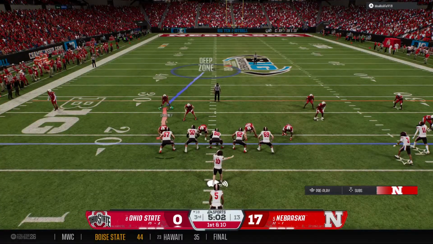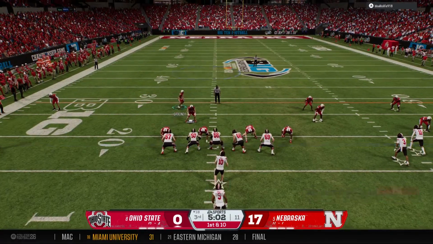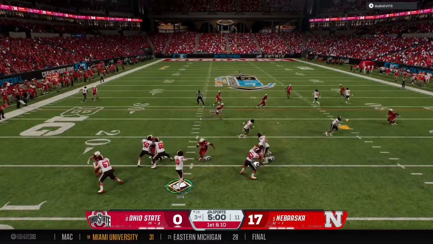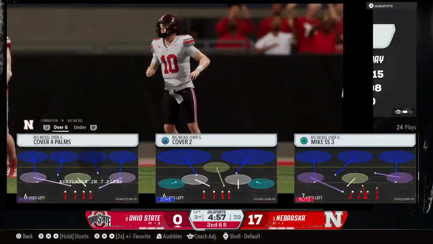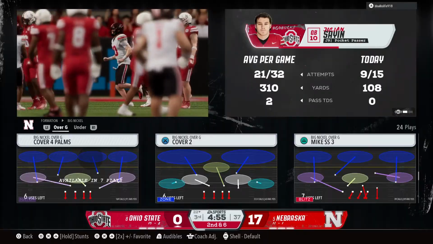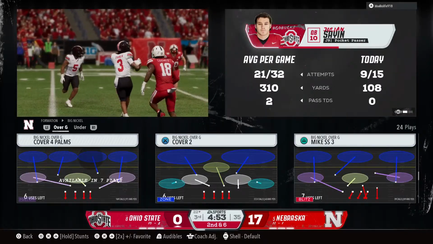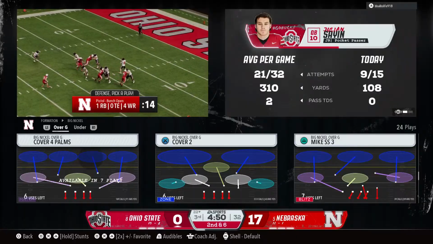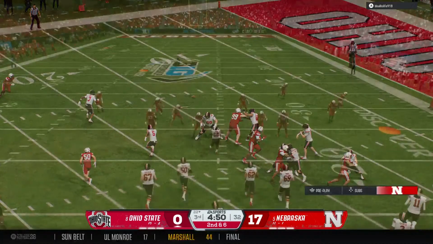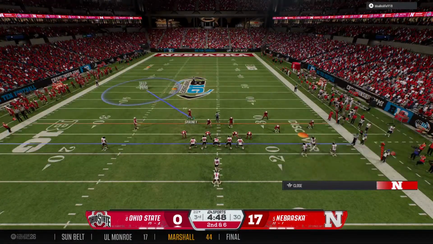Okay, here comes the Ohio State offense back on the field. They've got to get things going here. Turnovers on back-to-back possessions. And the defense swarms, not much of a gain on that completion. Love the timing here between the quarterback and his receiver. Pick up some positive yards, and I continue to be impressed with just the chemistry between these two.